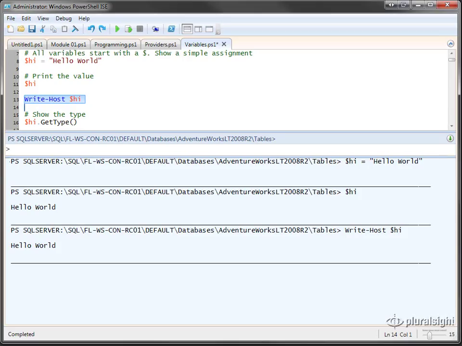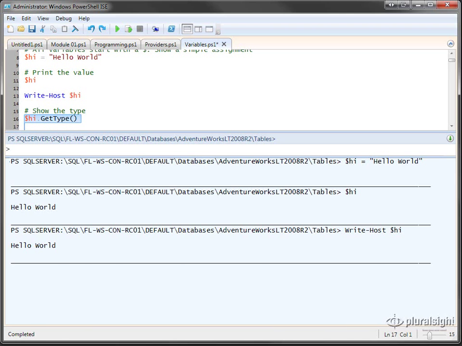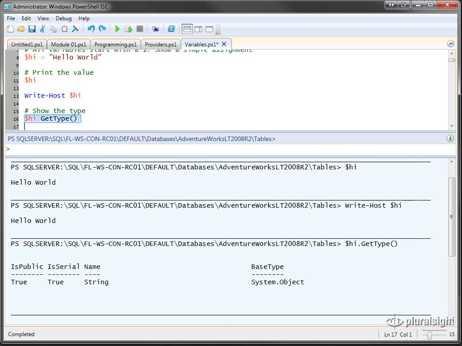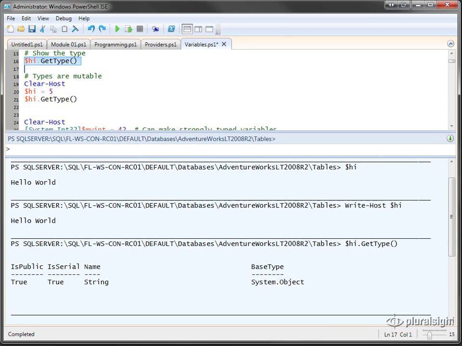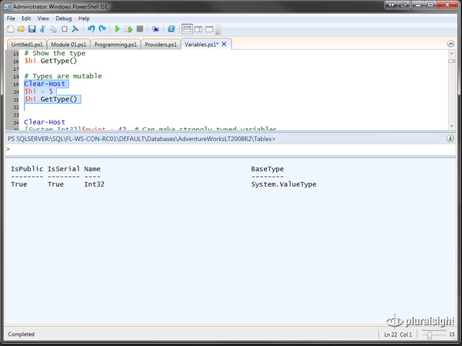a .NET type of some kind. Here, if I call the GetType method on my variable, it tells me that it's a string, which makes sense because we put the value hello world into it. Unlike some languages, PowerShell has mutable variables, so I can reassign it the value 5, and when I run this, the type will now have changed to an integer. And sure enough, I'm now holding an Int32 as a hi variable instead of a moment ago when I had